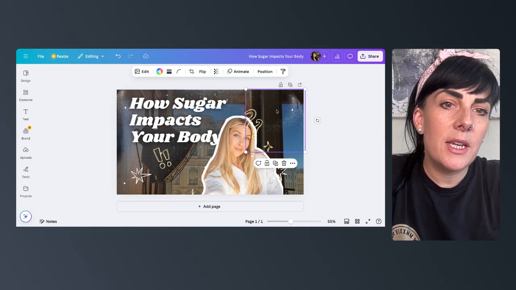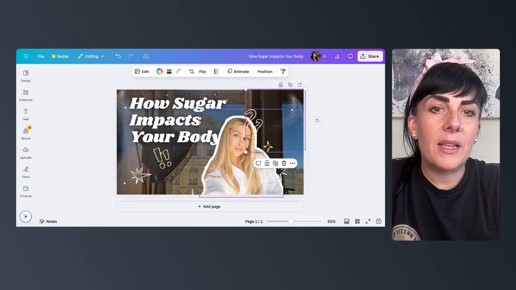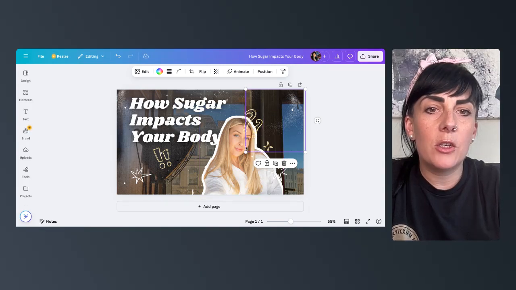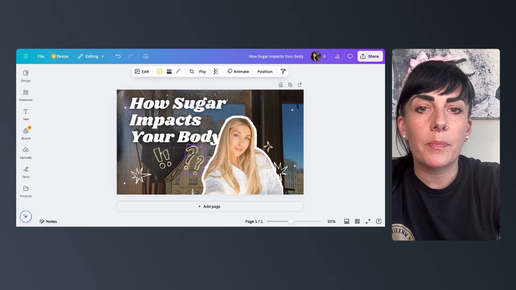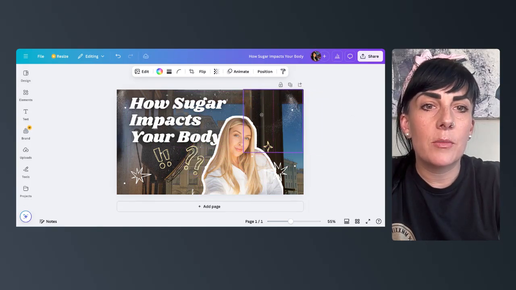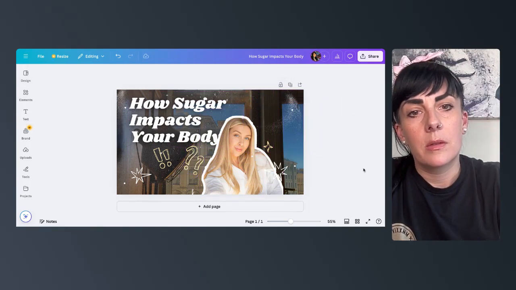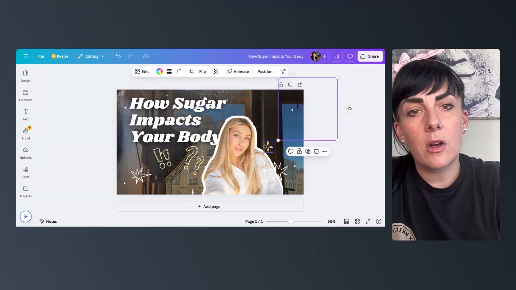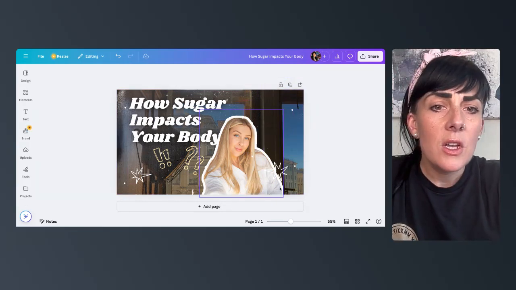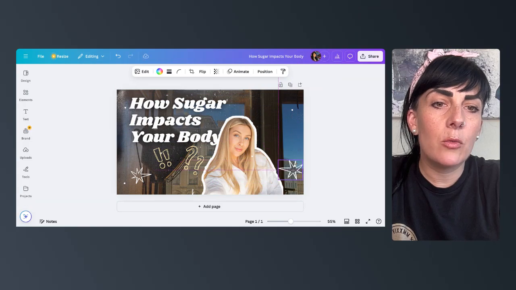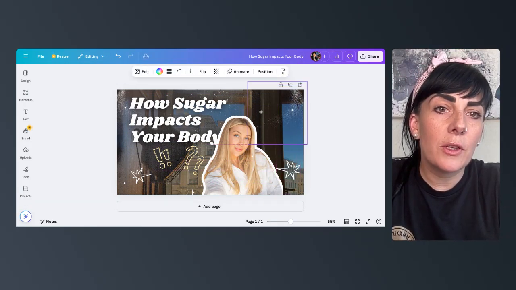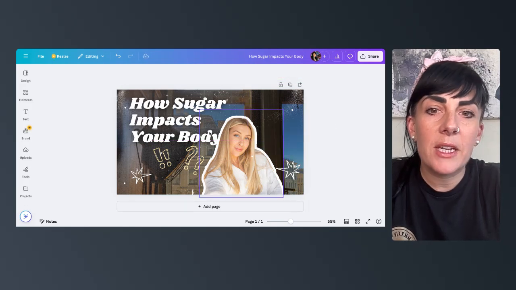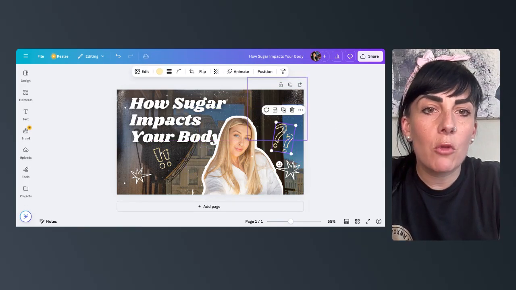So you see how this box is for this glitter, and it's overlapping these question marks. So this box, you can just move this out of the way completely, and then you can move the question marks, and then we can go back and move this into place. I don't really think I like that star either. So yeah, it's really fun to just play around with Canva. It's so fun because you can really make things your own. So I'm gonna have that kind of coming off the page more, and then we'll put the question mark over top of the